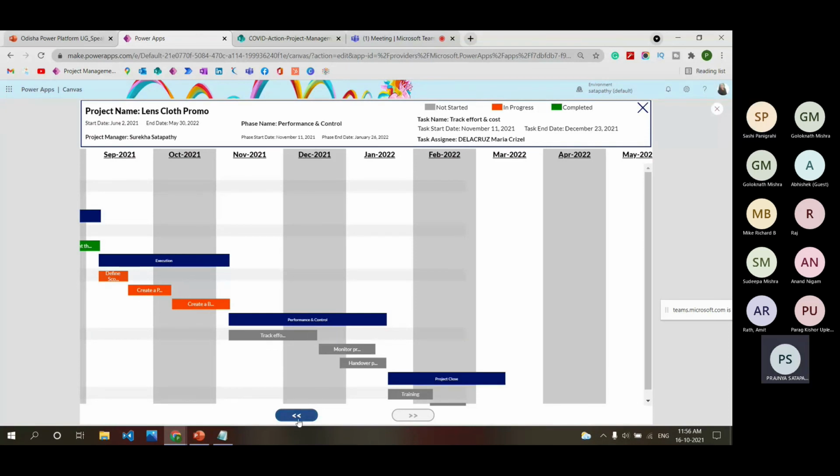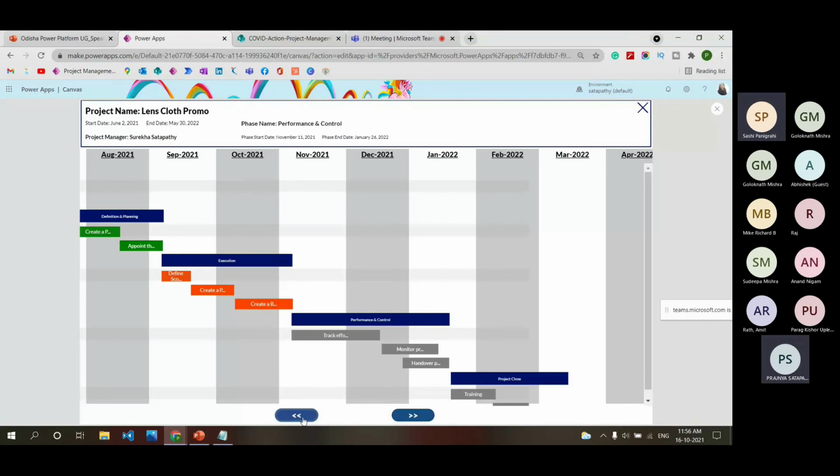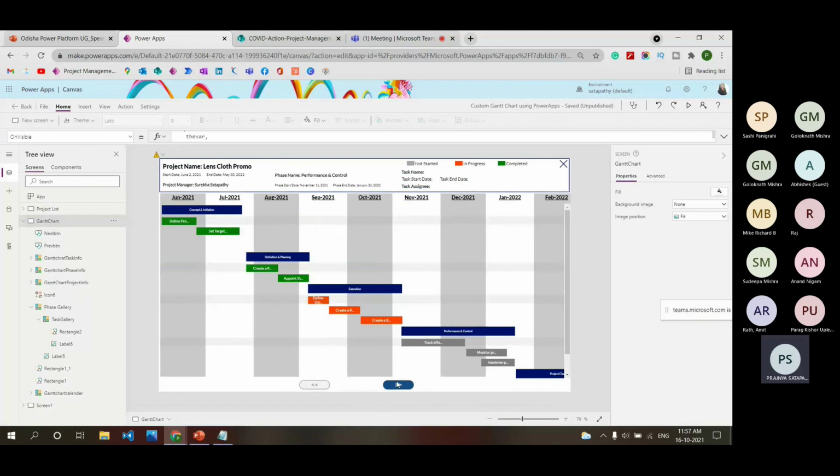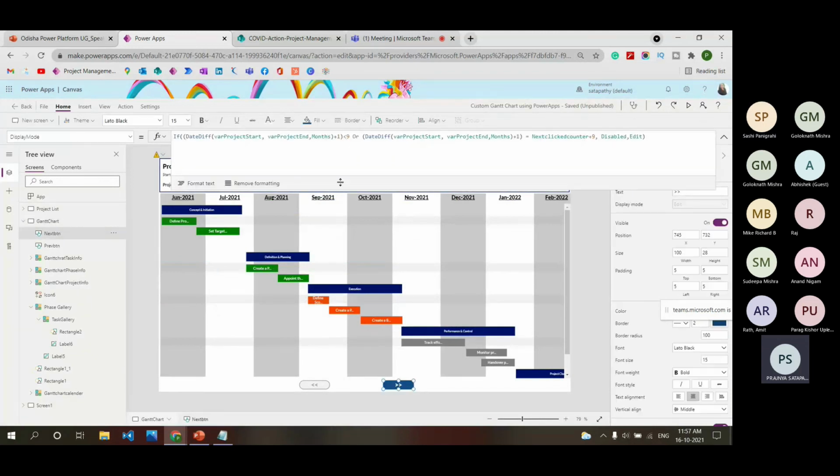And when I click on the previous button, this will be disabled when it comes to the start. I can show you how this has happened. I have just added a counter here, and when the date difference is less than or equal to 9, because there are 9 columns on the screen, according to this formula, this is disabled.